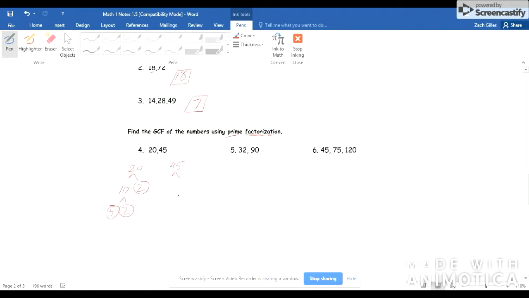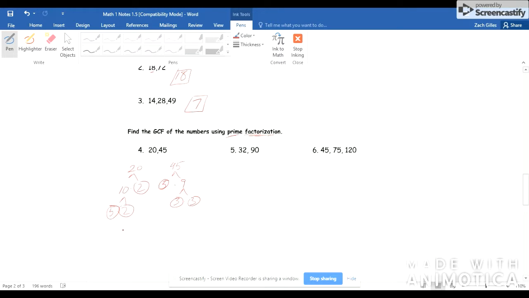Let's see, breaking it down using 2, 3, or 5. Okay, I'll try 5 times what number? Let's see, 5 times 9 would give me 45. Okay, 5 is prime, and then 3 times 3, and both of these are prime. Okay, I'm going to write out my